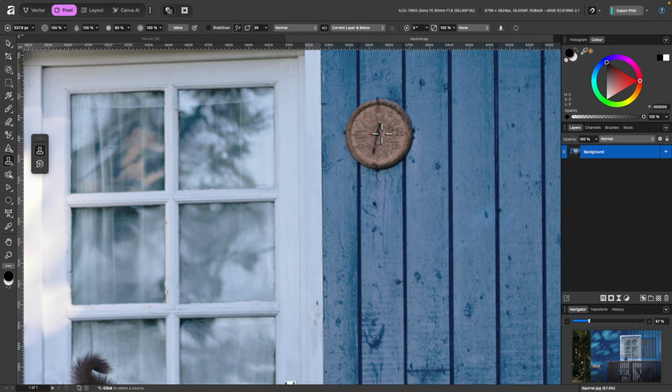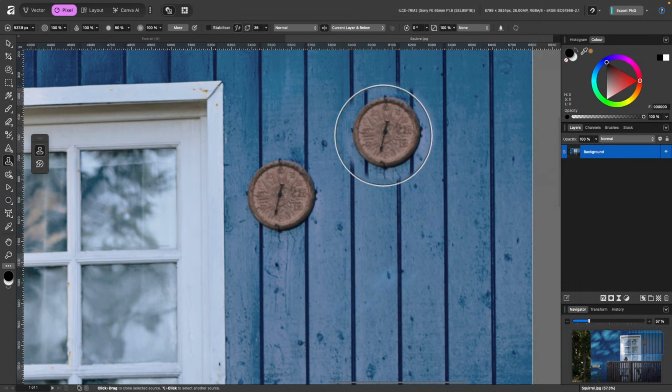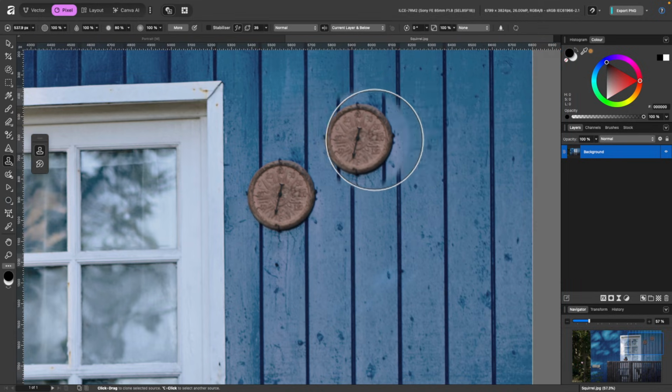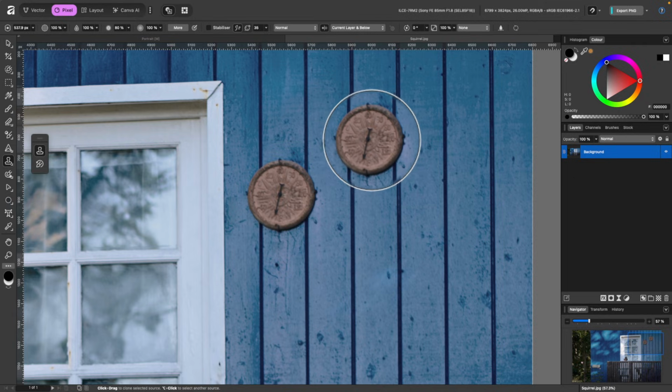And I'll press Option or Alt on the keyboard, and you see the crosshair. We're ready to take our sample. So we just click on the trackpad or left button, click on a mouse. And now we've taken our sample. So if I head on over here, you can see I have my sample, and I could just place it anywhere I want and just tap once and it will apply it.